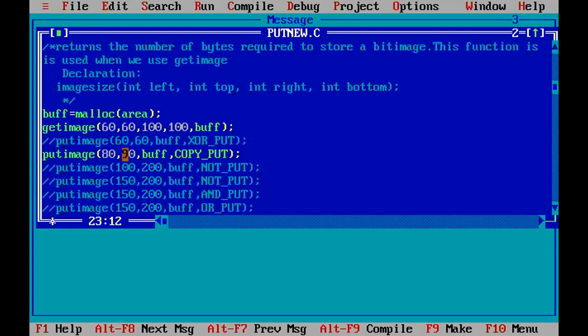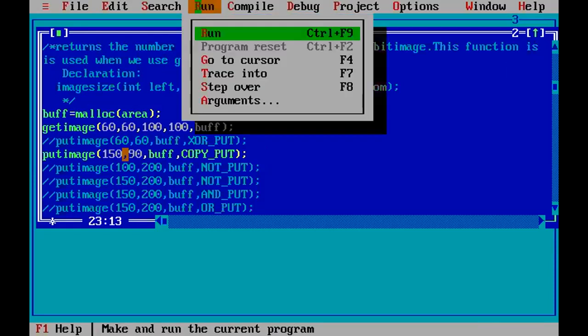Let's make it 150. Okay, so at this location it is shifted.